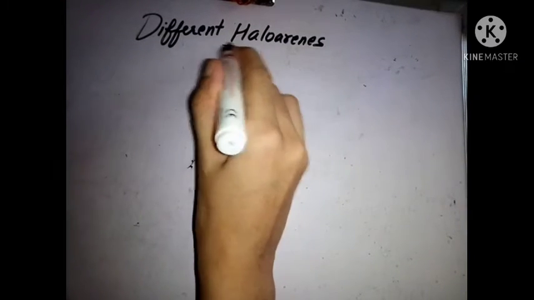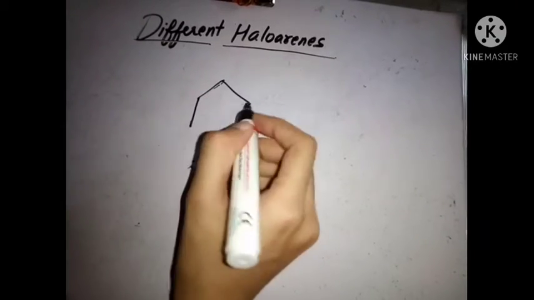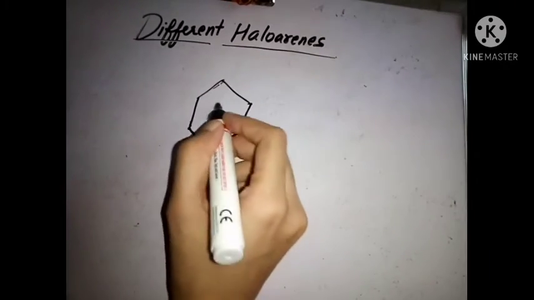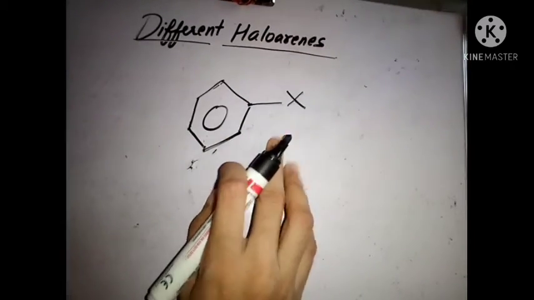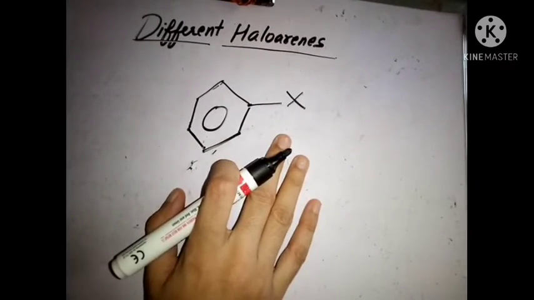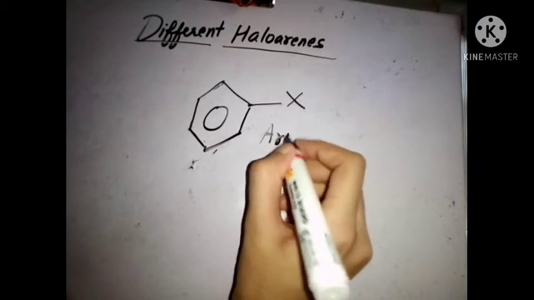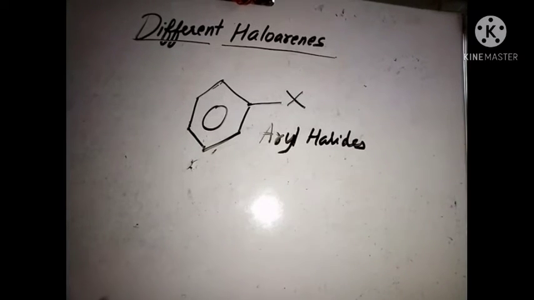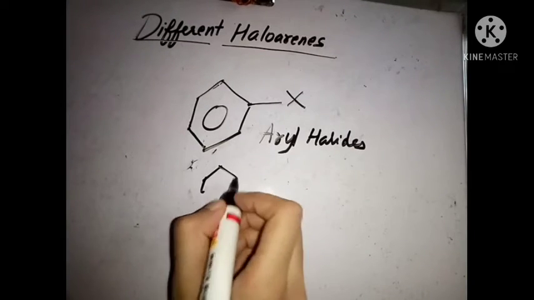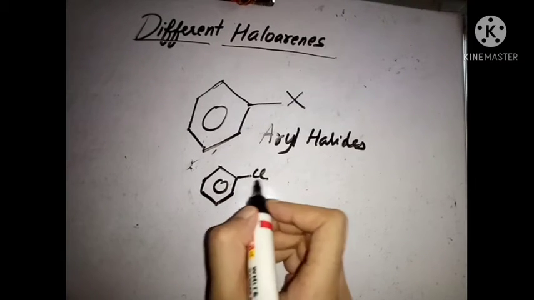So we have already seen what are haloarenes. We have seen that if any hydrogen of the benzene ring is replaced by any halogen, then such a compound is known as haloarenes, or we can also call them aryl halides. For example, if I make a benzene ring and replace its hydrogen with a chlorine, then its